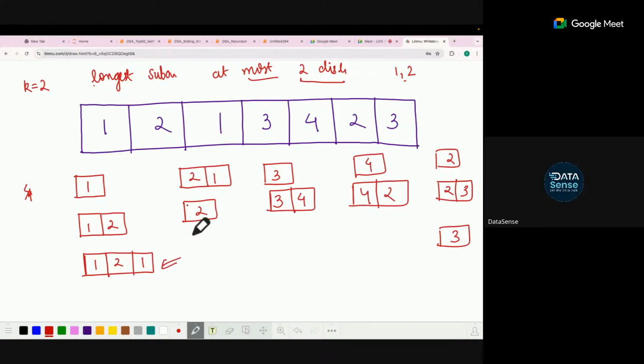So is the question clear to everyone, what we need to do? Yes. Okay. So we need to solve this particular question using